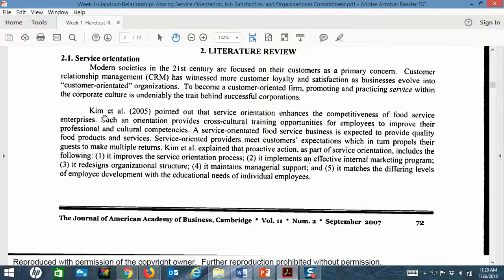And then go to Kim et al. 2005, and you look at this entire paragraph, and they're pointing out key elements that will help them in their research study. And that's a good size annotated bibliography right there. And so had you created this Kim et al. article, and et al. just means there's a lot of authors, if you created this Kim et al. article